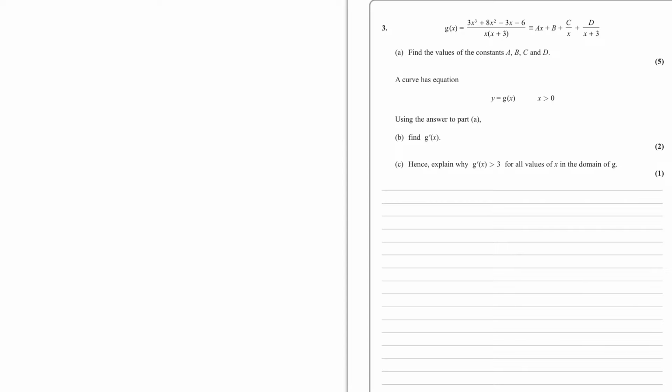So here we have an improper fraction, and they've given us the form to make our life a little bit easier, as this is often where people forget when they're dealing with an improper fraction. So that's nice and straightforward. So let's have a look. So my g of x, if I'm just going to do the right hand side first of all, this is going to be equivalent to ax over that x plus 3,